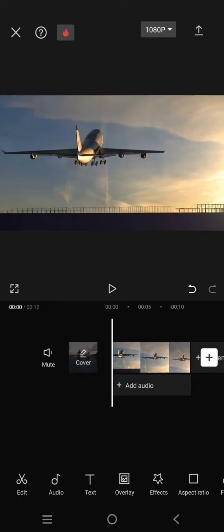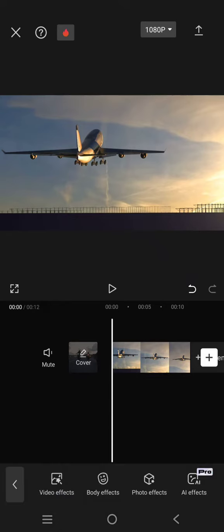On today's video, I'm gonna show you how you can easily apply a fast zoom effect with only just one click on your videos in CapCut. So in here, I've already imported a video, and to add the fast zoom effect, you just need to click on the CapCut video effect